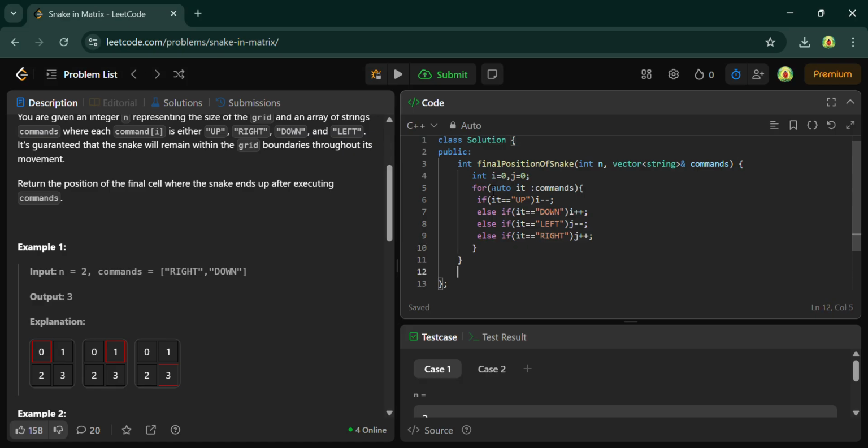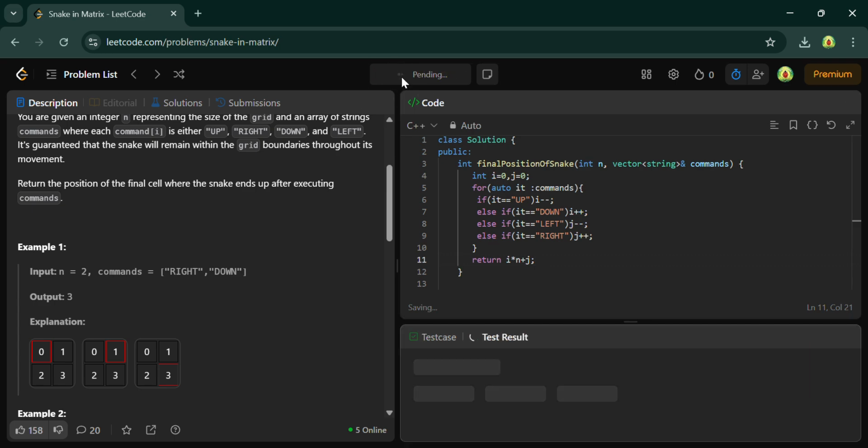And to find the index where the snake is, you have to return i into n, which is the grid size, plus j. Okay, let's run this code and see whether it runs properly or not.